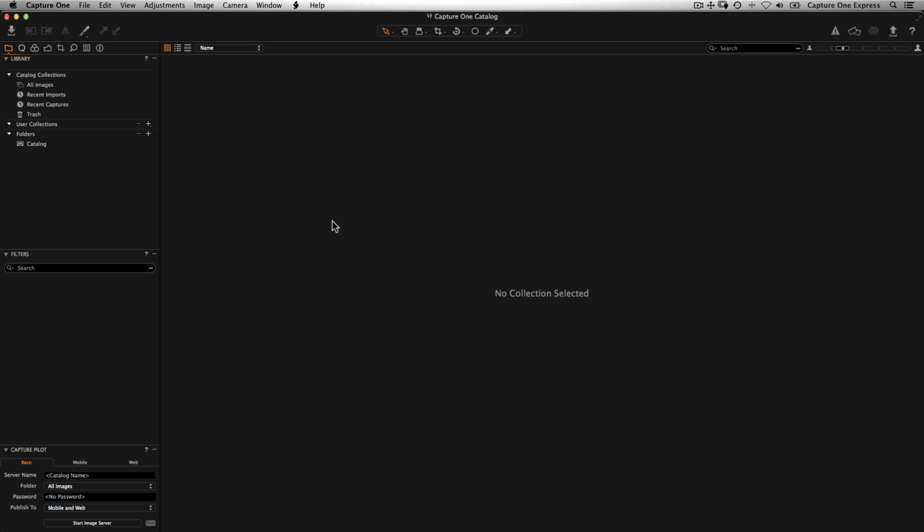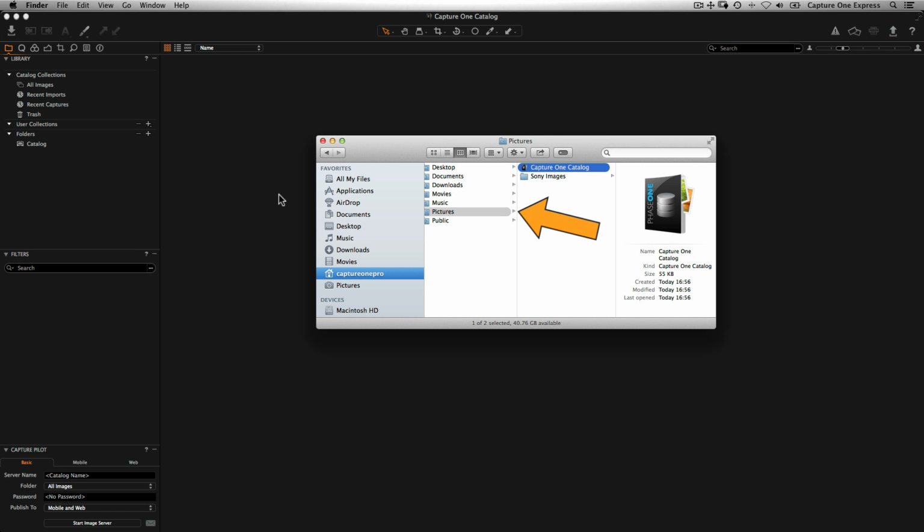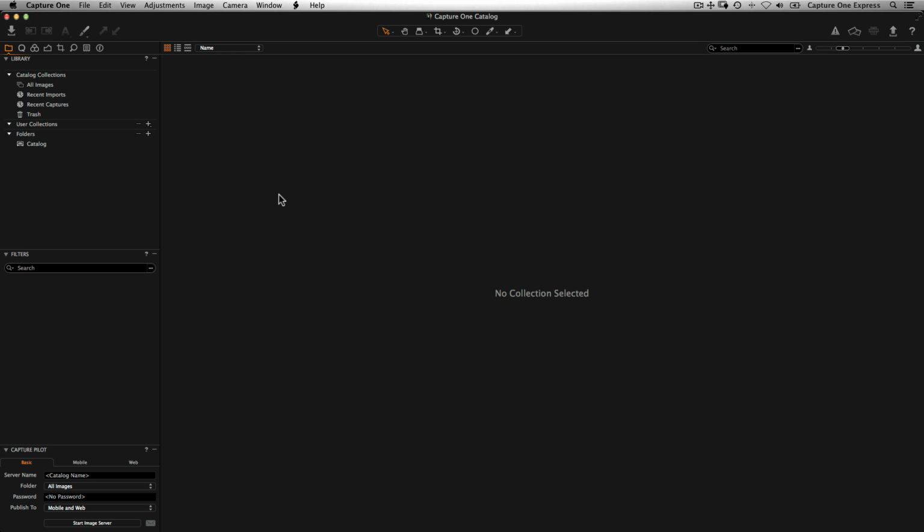Images in Capture One are stored in the default catalogue. A catalogue is a way of storing images using a database to track the location of images and certain information about those images, like for example adjustments and metadata. By default, this database is stored in the System Pictures folder. First, let's look at how to populate the catalogue with some images.